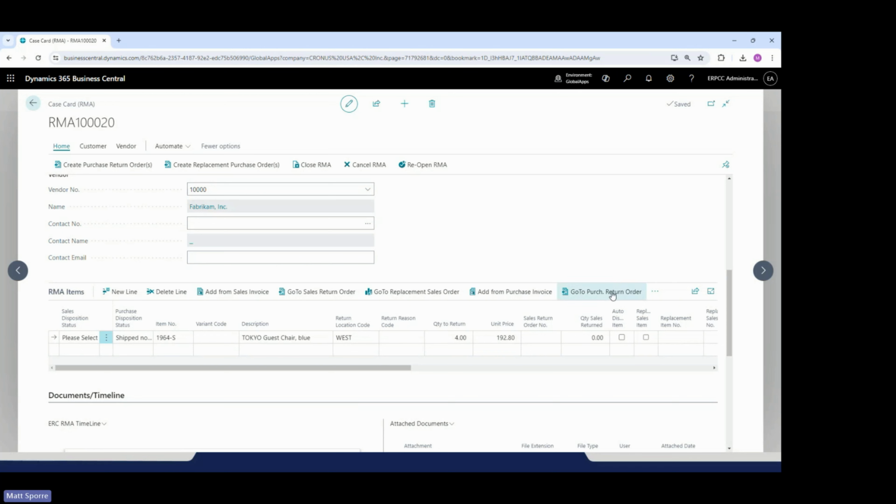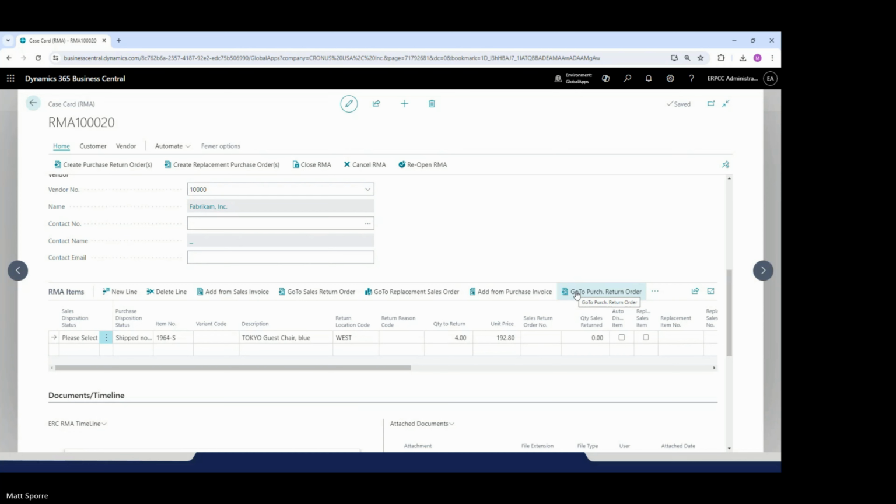So you'll see here, like go to purchase return order. This isn't our own functionality. This is base BC, but just really enhancing the way that that gets created and interacted with. And we're auto creating those documents through our case card. Susan, I think the best way to think of the case card is kind of a one-stop shop for all sales and purchasing returns, whether you're getting stuff back from your customers or you need to process returns back out